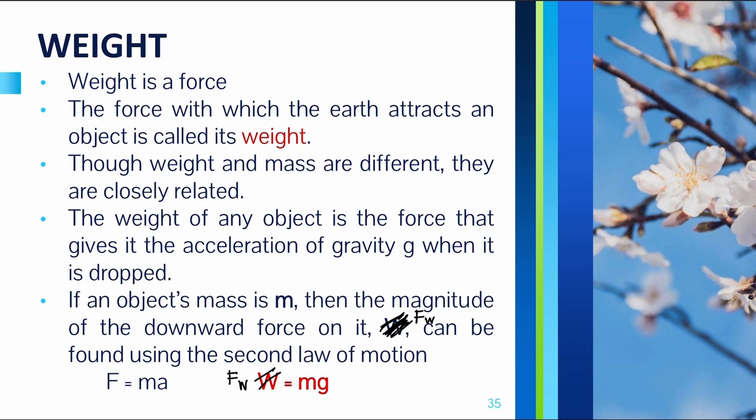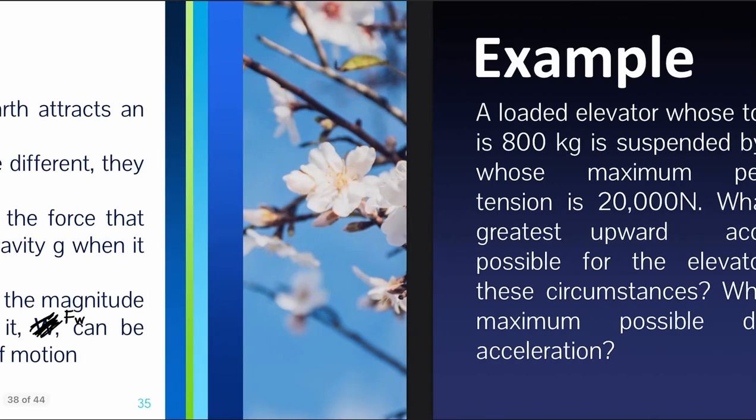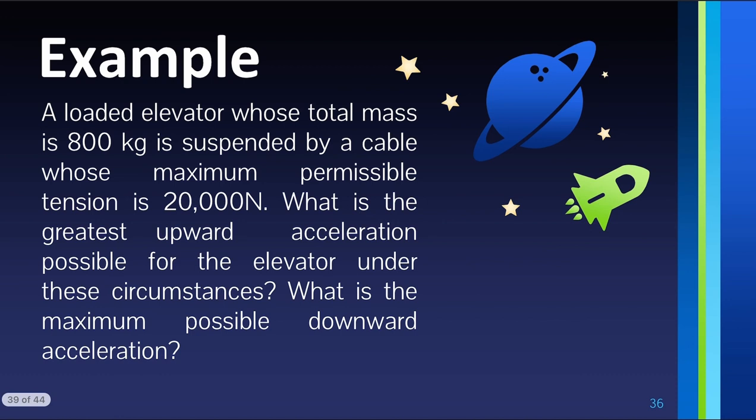So we are able to find the weight of the object using the second law of motion, because weight is the force that gives any object the acceleration due to gravity. So weight is mass times acceleration due to gravity. So, for example,